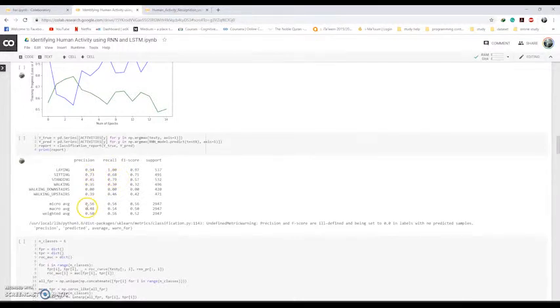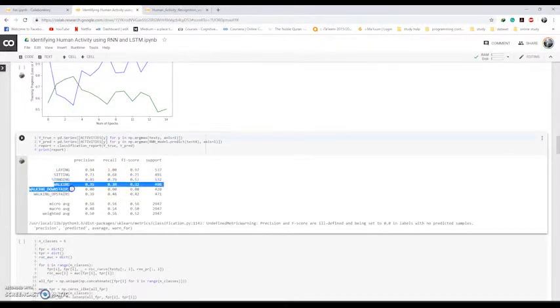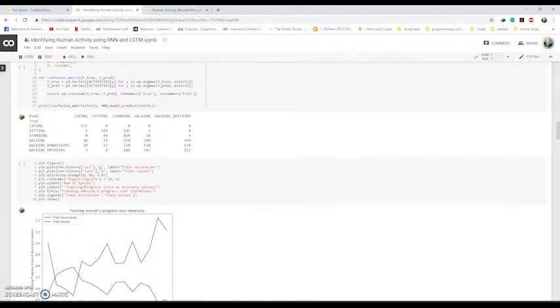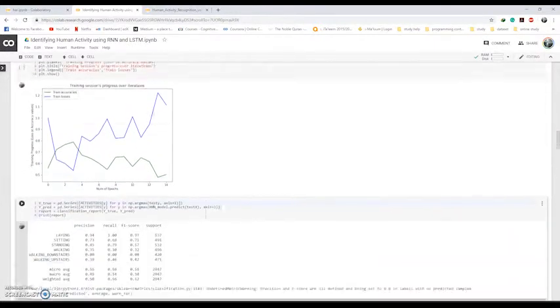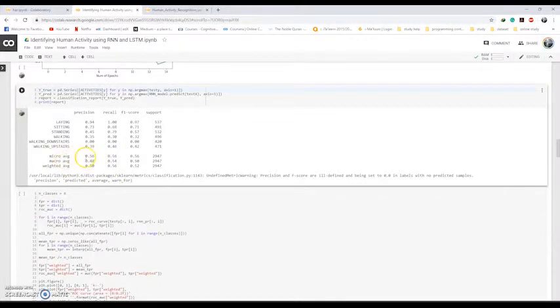We can see that our precision for laying is quite high. Sitting is also acceptable, but the standing precision is quite poor. Even though the recall is acceptable, the F1 score is pretty poor as well. And the rest, walking downstairs and walking upstairs, are pretty bad. For walking downstairs, not even a single case was identified as walking downstairs, so that's why it is missing from the graph. If we sum them up, it gives a pretty bad result because no activities were identified as walking downstairs,